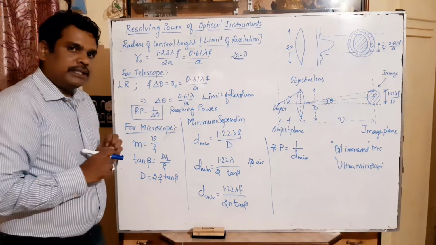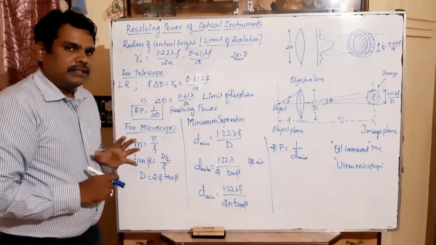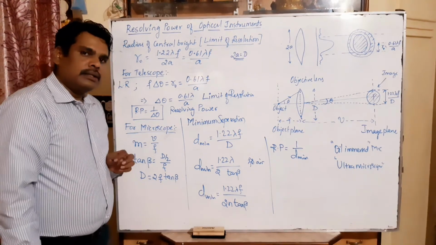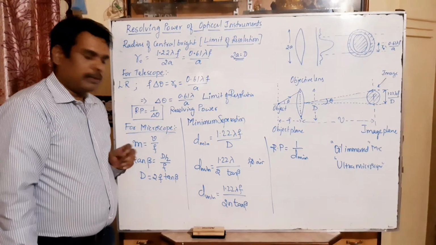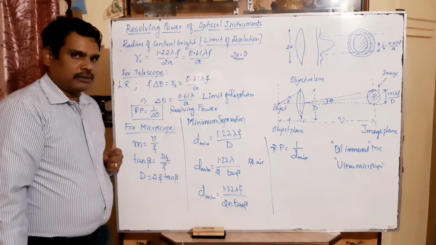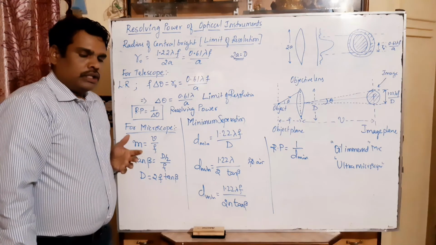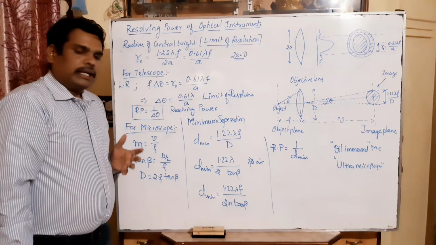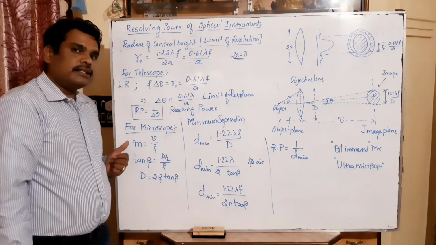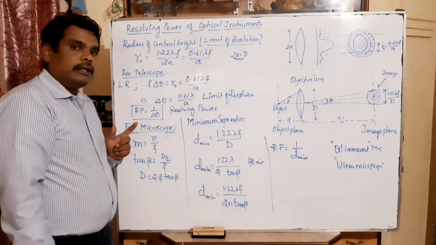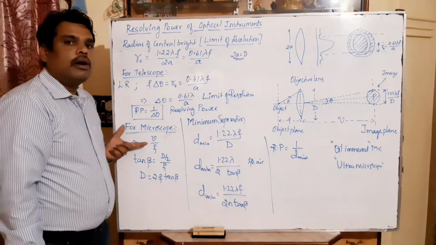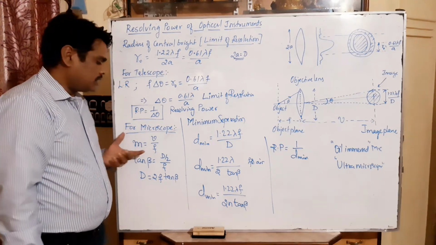Microscope is one more optical instrument. That one also we have discussed in ray optics. There in ray optics, we have taken two types of microscope: one is simple microscope, another one is compound microscope. You know the ray diagram and how they work. You are already familiar with that. Here we have to discuss on the basis of the diffraction of light, how the power, the ability to converge or diverge, can be decided.